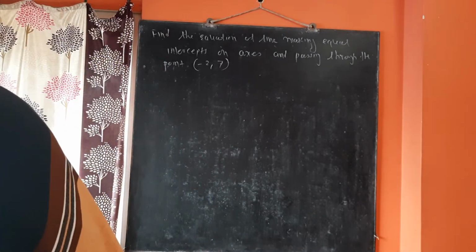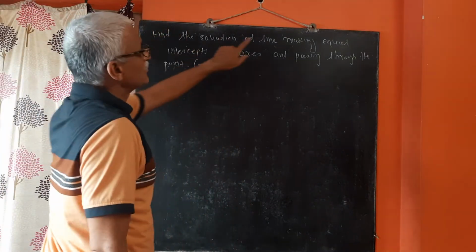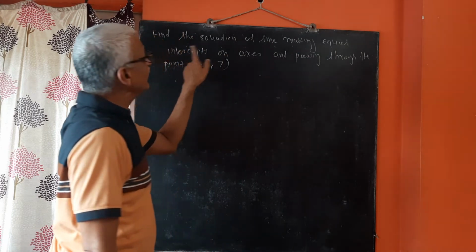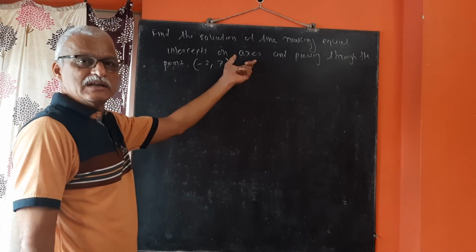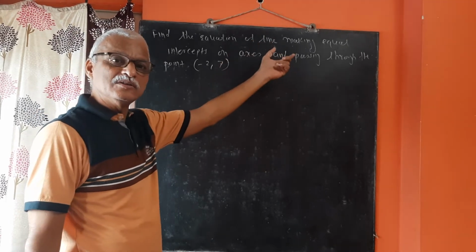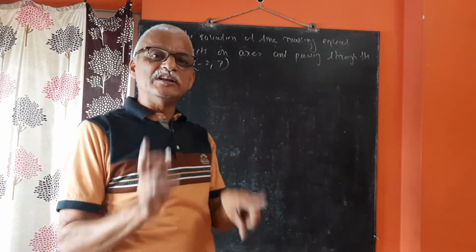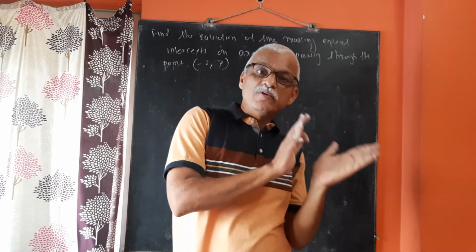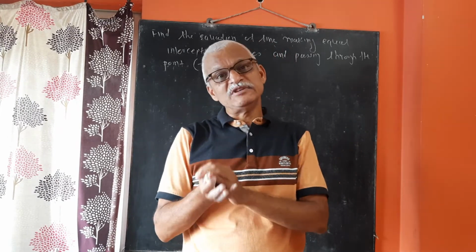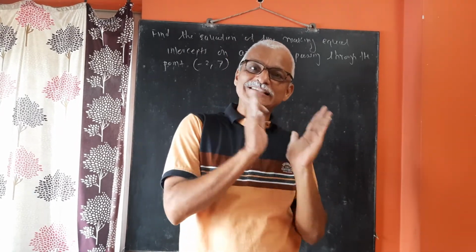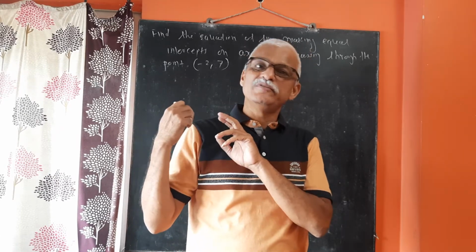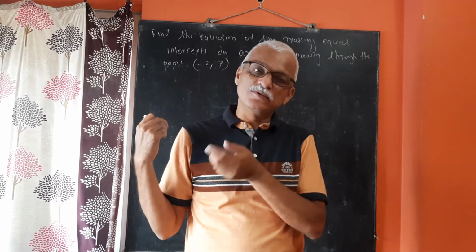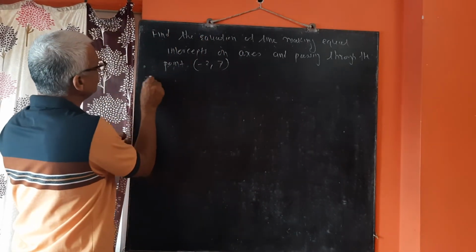See here. Find the equation of a line making equal intercepts on axis. On axis means on x-axis as well as on y-axis. That means there are two intercepts. Since there are two intercepts, we have to solve the problem by the two intercept form. Now by two intercept form,